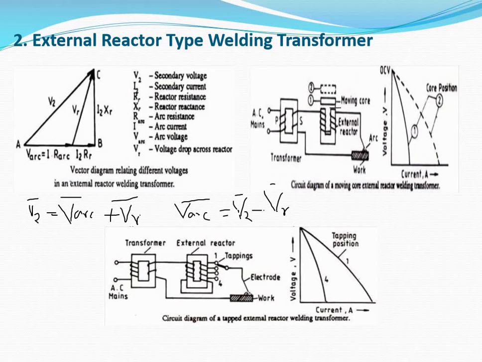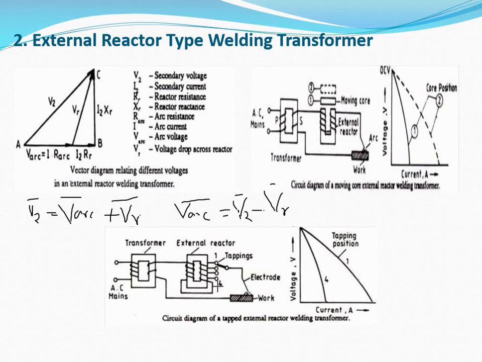An increase in gap adds to the reluctance of the magnetic circuit of the reactor, while its self-induction and inductive reactive drops, so that the welding current increases. And when the air gap is reduced, the reluctance of the magnetic circuit is also reduced and the magnetic flux increases, and that results in the inductive reactance of the coil increasing and the welding current dropping. In this way, the welding current can be adjusted very accurately and continuously.